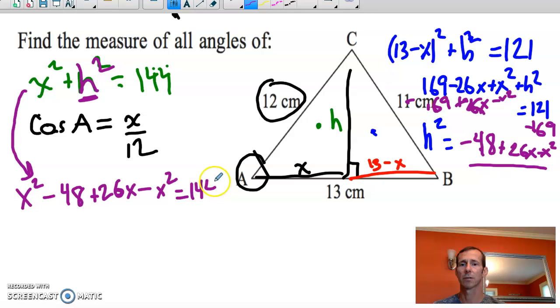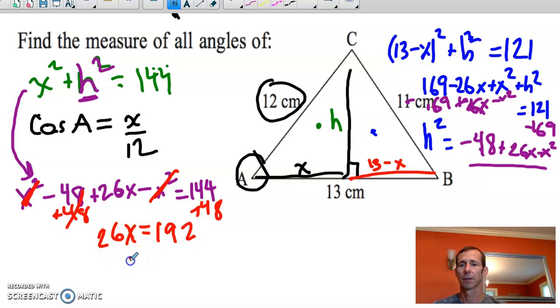And now I just have a single variable, x. And you may have noticed very quickly that this x squared is subtracted and gone. So I'm going to solve for x. I'm going to add 48 to the other side. Boom, plus 48. And I will have 26x equals, and if I add those up, I should get 192. And if I divide both sides by 26, I can figure out what x is in this particular situation, which is